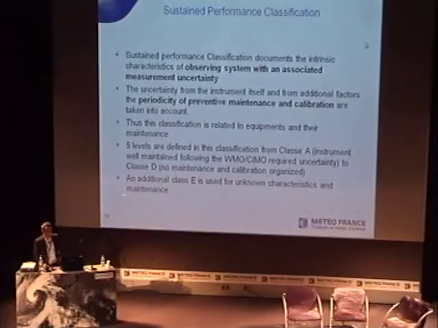So we have introduced this sustained performance classification to deal with the two aspects. The first one, the equipment, and the second one, the operation associated with this equipment, mainly maintenance and calibration, of course. So we have divided this metadata into 5 classes. Class A is a sensor and an equipment that, associated with the maintenance, follow the WMO requirements,